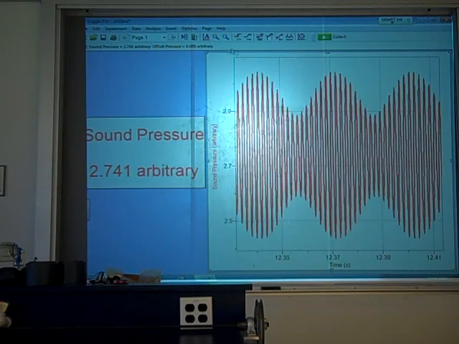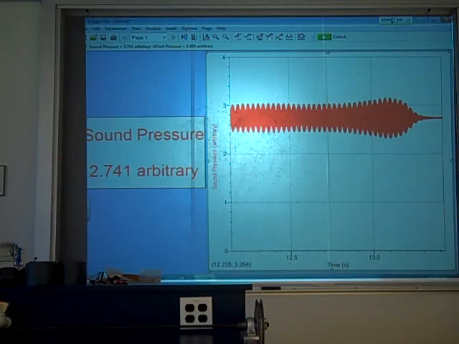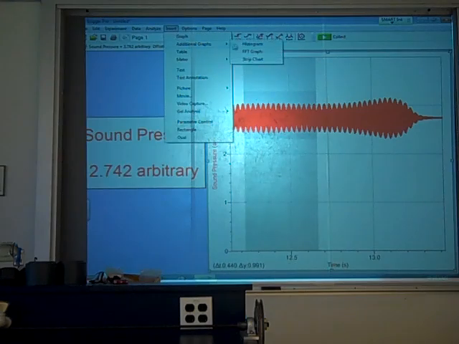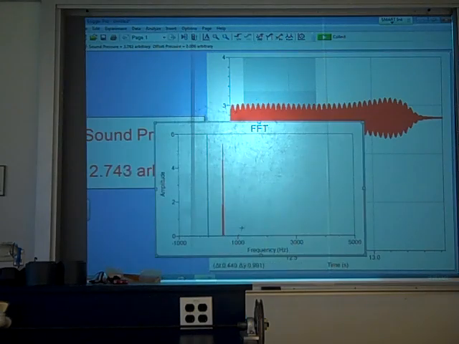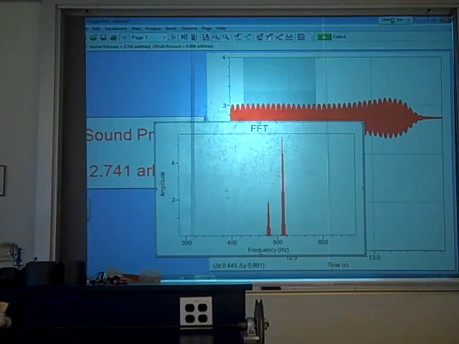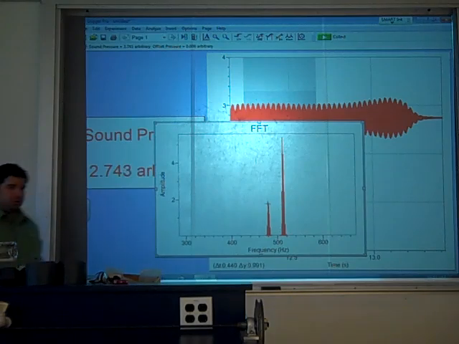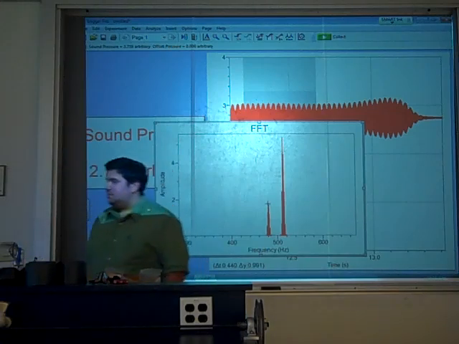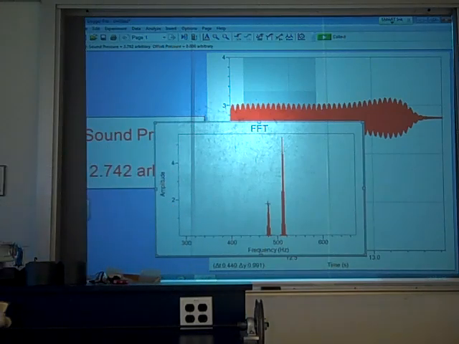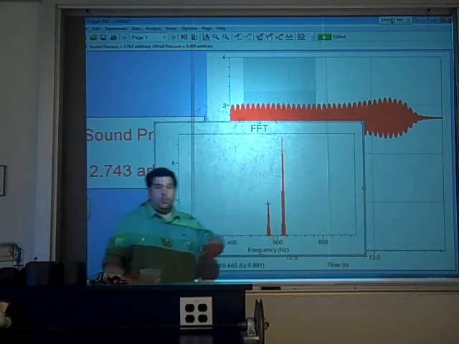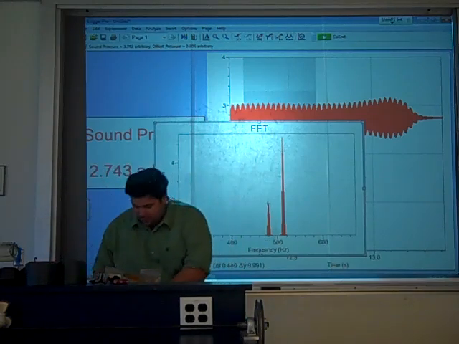Zoom in a little bit. Beautiful, beautiful patterns there. But what is it really doing? Let's select some of it, insert that FFT graph again. And try to zoom in. Again, they're so close to each other. Look at that. There's your 480. There's your 512. Here's the 500 mark. The 512 is closer. The 480 is further away. And you do see even a difference in amplitude, which could be for one reason or another. But the important point is that we see both frequencies struck at the same time,